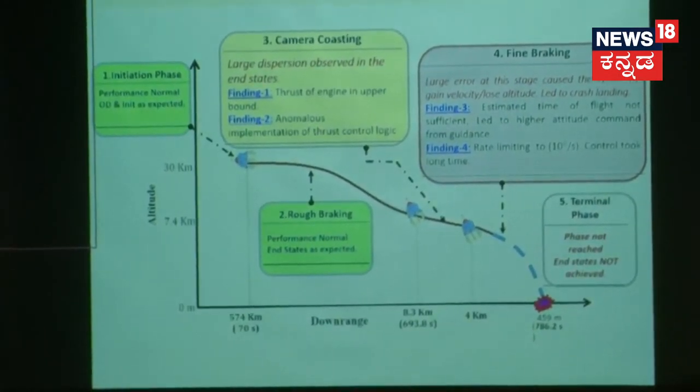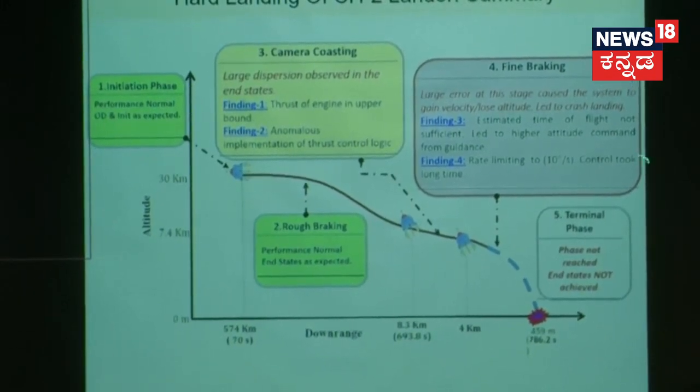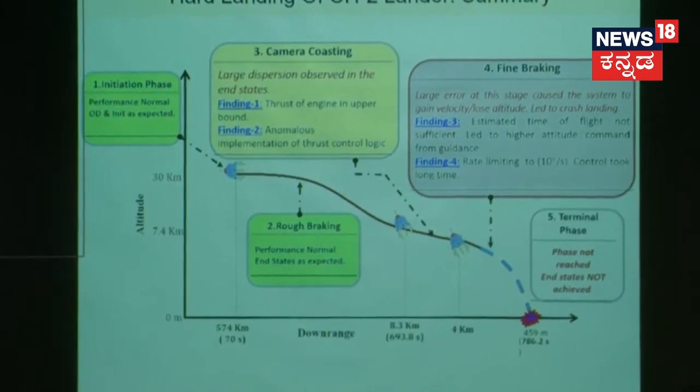Then in the fine landing phase, large errors accumulated at the end of the coasting phase, which made the system not capable of correcting. It started correcting, but then there was an artificial limit inside. The rate at which it can correct was limited by an artificial limit which we put as 10 degrees per second. We were allowing the craft only to turn at that rate. If it was allowed to turn at a faster rate, possibly it would have corrected. But the designers assumed that there would be no demand of this nature and that the system should not unnecessarily rotate at a faster rate. They kept an artificial limit, which is unwanted. So that affected the ability to correct and come back to the required orientation.